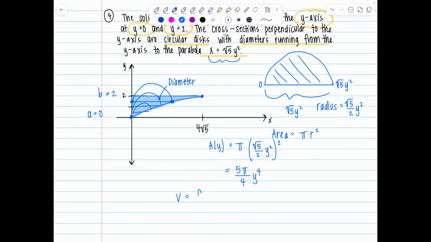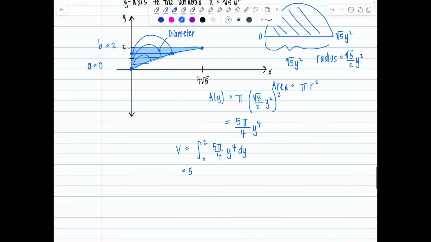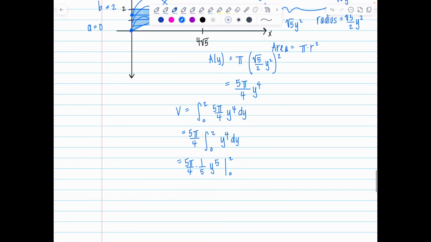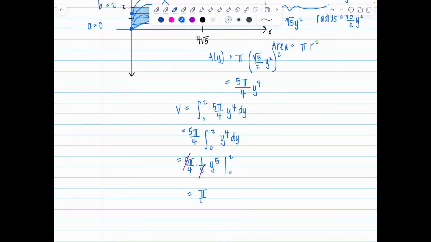Volume's going to be the integral from 0 to 2 of 5 pi over 4, y to the 4th dy. Take the 5 pi over 4 out of the integral. Make life nicer for yourself. 5 pi over 4, integral 0 to 2, y to the 4th dy. Now you can focus. I'm going to add 1 to the exponent, divide by the new exponent, that's the same as multiplying by 1/5, and then evaluate from 0 to 2. Beautiful. These 5s cancel like a dream come true. Then we've got pi over 4, leave that out. Just evaluate the variable portion: 2 to the 5th minus